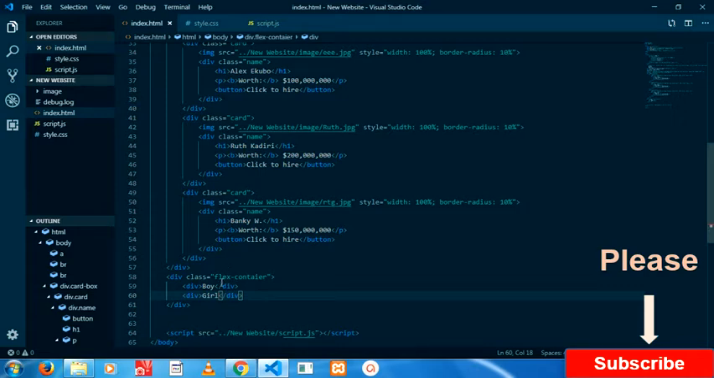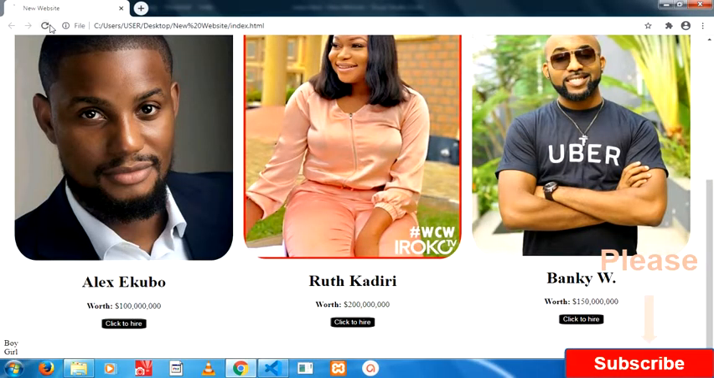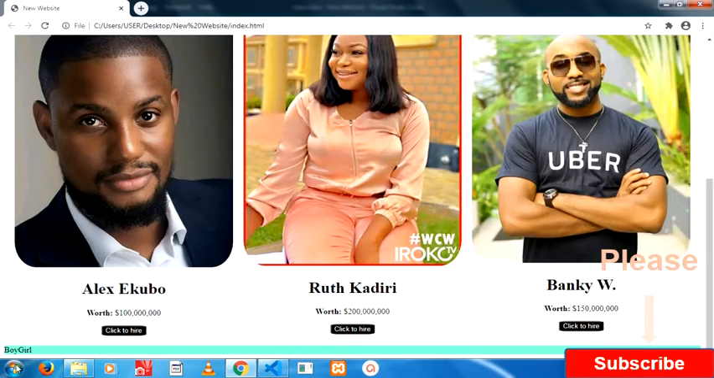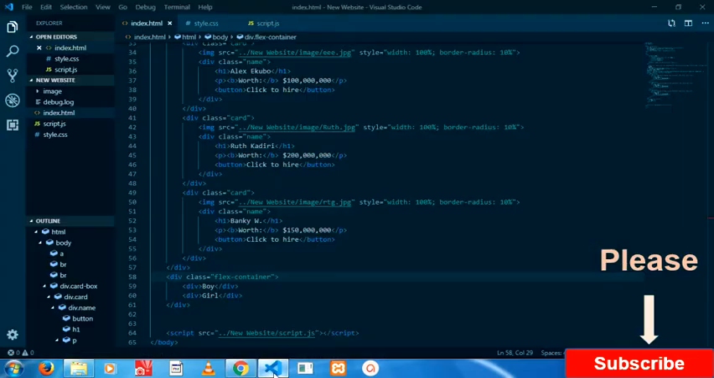Dot flex container. Okay, the spelling is not correct here. Let's correct it. The flex container. You go back and refresh. You see the color has changed, and the boy and the girl are now displayed horizontally. That's because of the display flex. And you have designed your